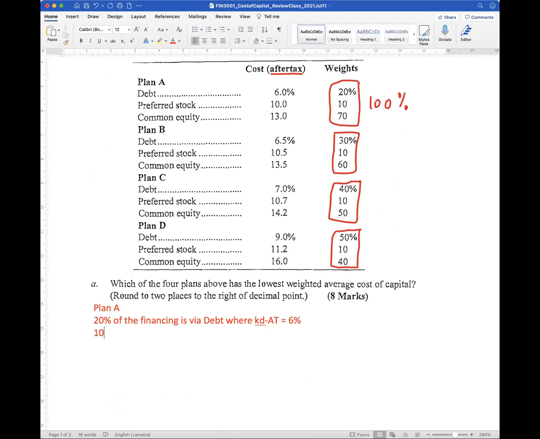We also have another 10%, where the cost of preferred stock is 10%. The rest of our financing, the other 70%, is via common equity,